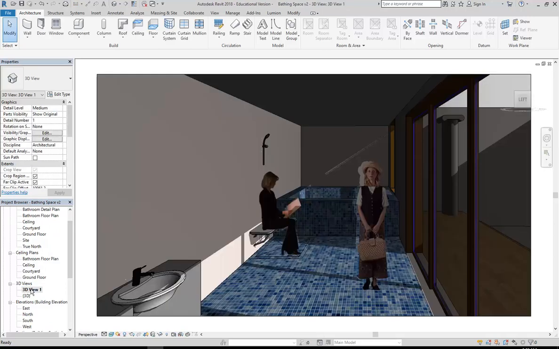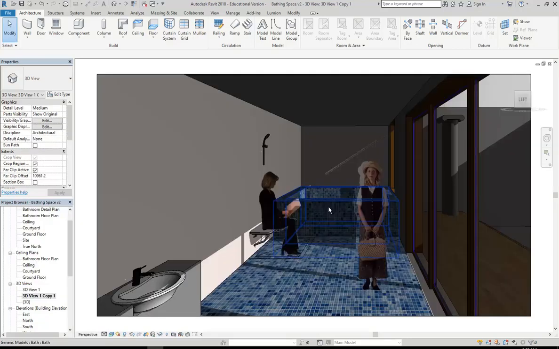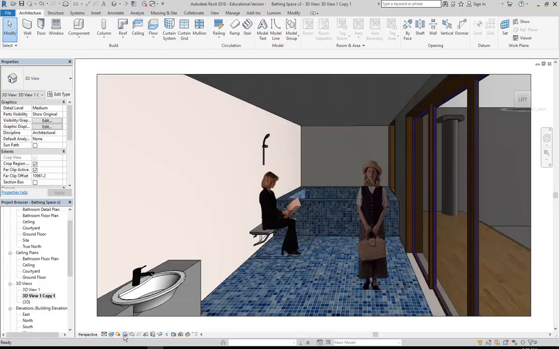So just like the floor plans, you can duplicate a perspective. So when you right click again, you can go duplicate view. Again, I'll just choose duplicate with detailing. And then I might change it a little bit. So I'll maybe turn shadows off,